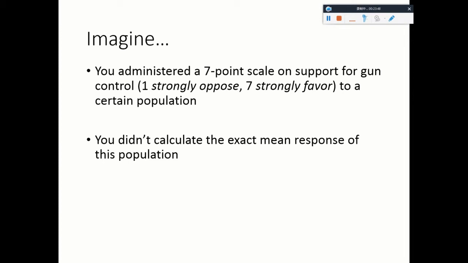So you don't have the time to really calculate the mean or any feature about this population. Let's say now you are interested in the mean average response, but you didn't calculate it for whatever reason. But then you want to have a fairly good guess about the mean instead of calculating the mean based on every single response from the population, which will be a lot of work. So you start to think, is there an easy way to do that?